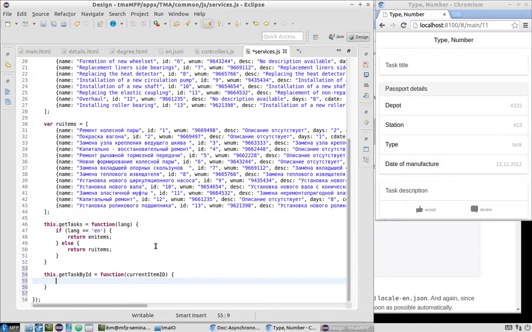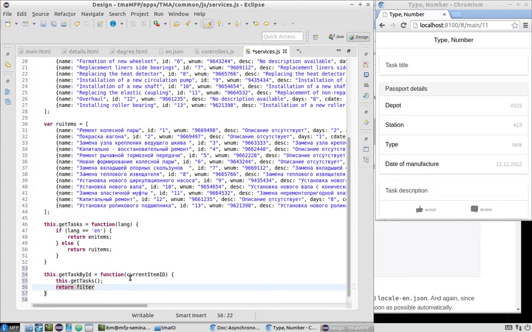Inside this we should call this service, get tasks, and then we should return a specific item. So let's implement some kind of filter,